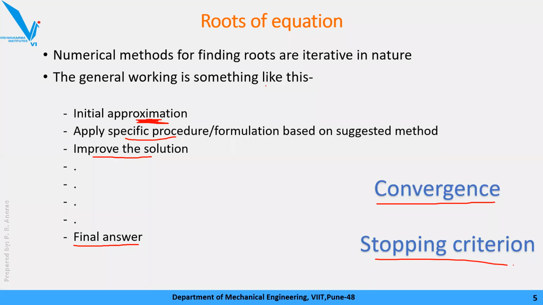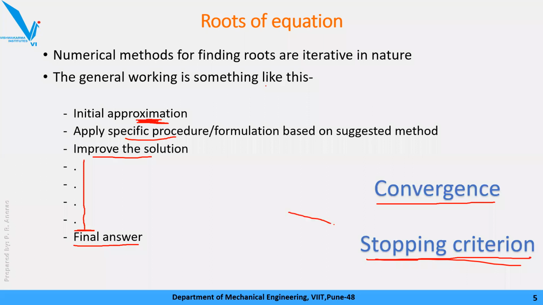Next one is the stopping criteria. You will find कि improve solution कर रहे हो आप. बहुत सारे iteration करोगे, but कितने? कहीं ना कहीं जाके आपको stop करना पड़ेगा, कहीं ना कहीं जाके आपको limit करना पड़ेगा. So that is nothing but maximum number of iterations or some kind of error. Okay, so that is your stopping criteria.